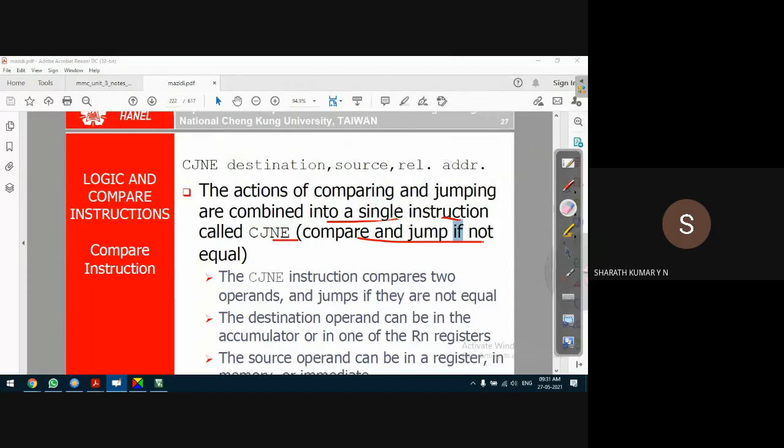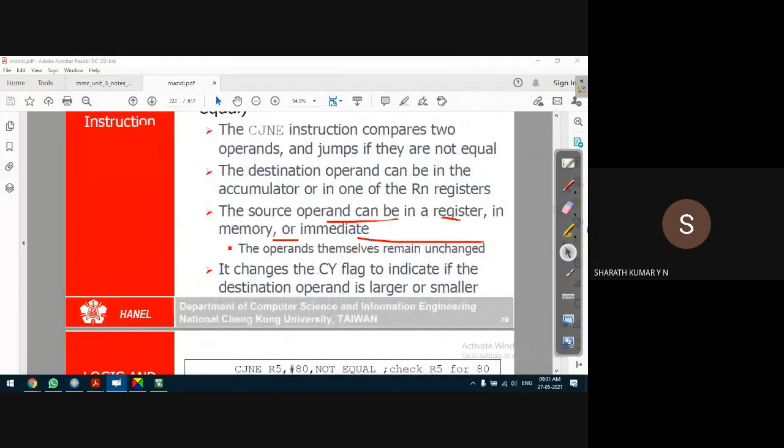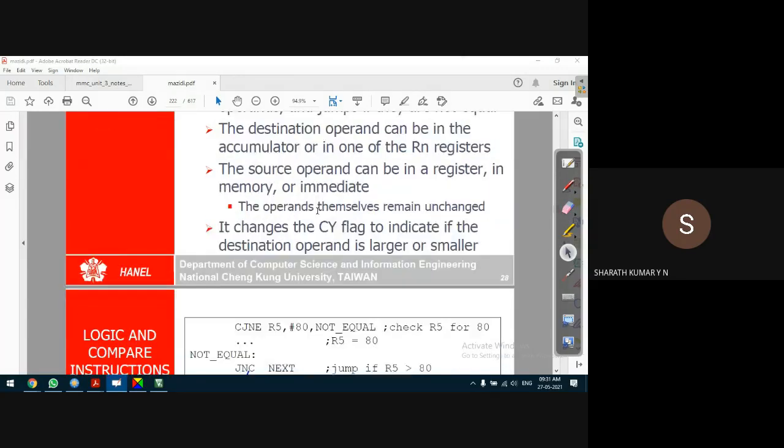The source operand can be any register, memory, or immediate data. The operands themselves remain unchanged, but it changes the carry flag to indicate if the destination operand is larger or smaller. Why do we execute the CJNE instruction?